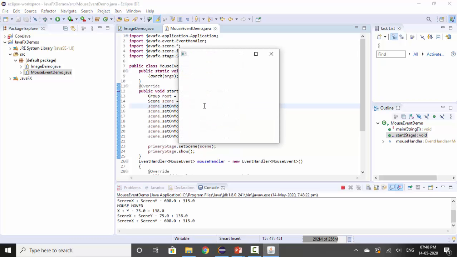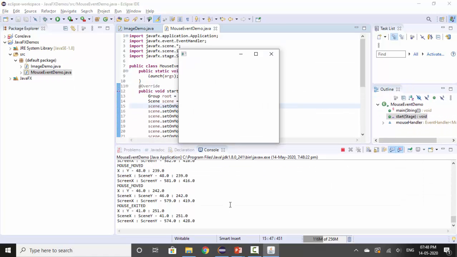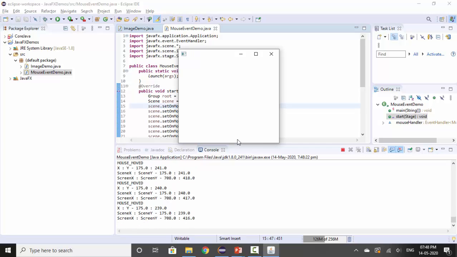Now see, as you can see, the output is there. A blank scene is there. We have not added anything onto the scene, but you can see the output onto the background. That means over here, you can see the output over here. So this is our scene. Now over here, right now, mouse is outside the scene. Now when I take it inside, the event mouse entered would occur. So as you can see, along with that, mouse moved is also occurring.